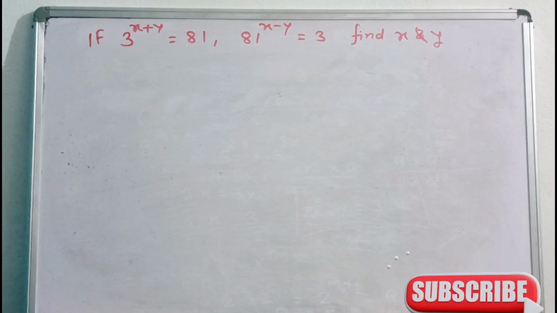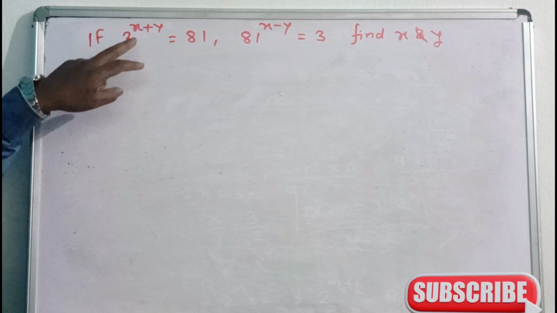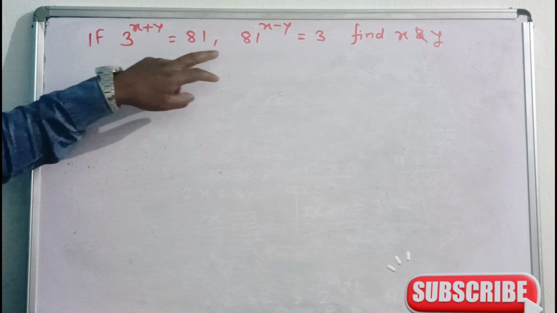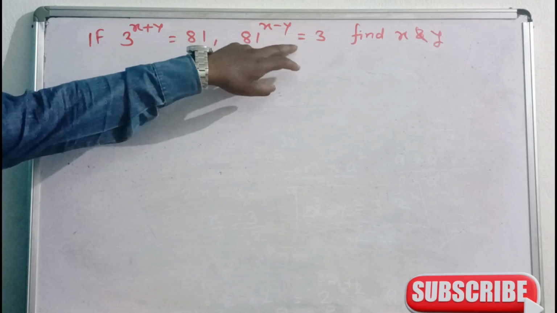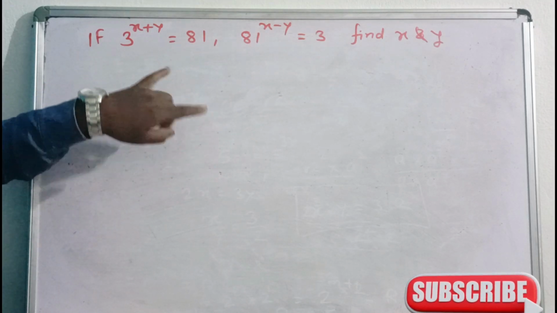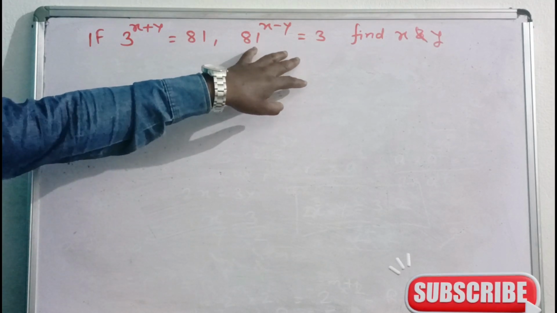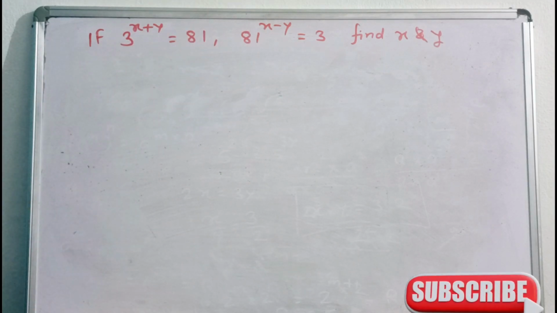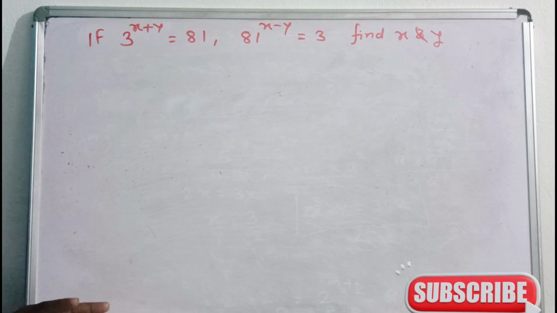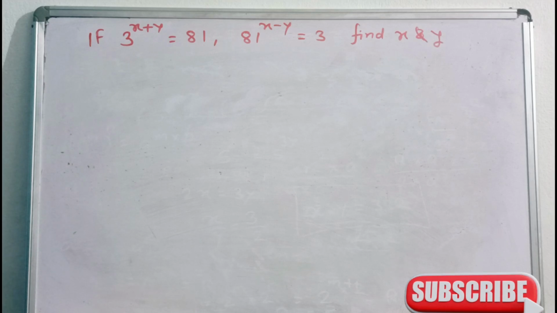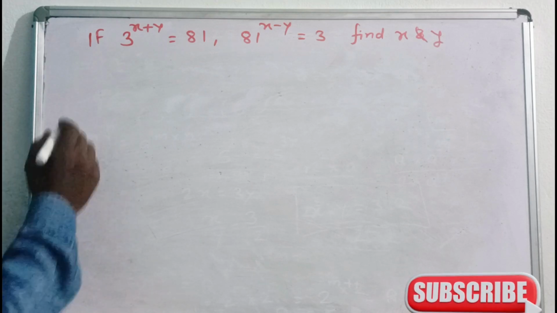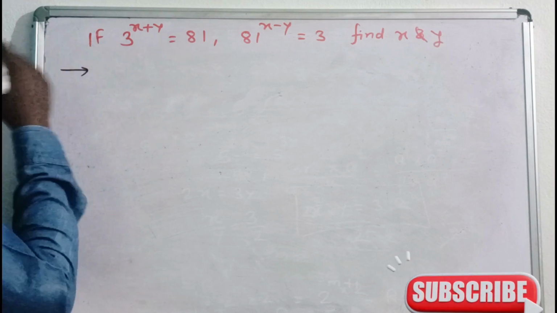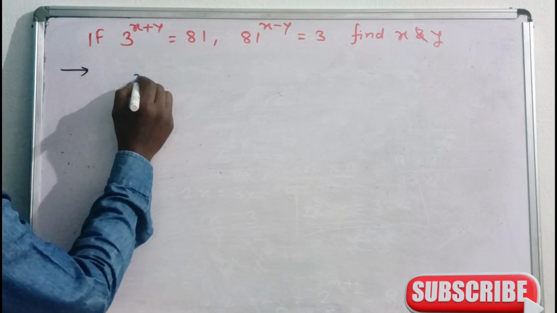Now see here, if 3 raised to the power x plus y is equal to 81 raised to the power x minus y is equal to 3, then find the x and y. These are two different equations, two unknowns, two different equations. एक अननोन है तो एक इक्वेशन से निकाला जाएगा, लेकिन 2 अगर अननोन है तो 2 डिफरेंट इक्वेशन आएंगे, साइमल्टेनियस इक्वेशन से हमें उसको सॉल्व करना पड़ेगा। देन फर्स्ट ऑफ ऑल टेक द फर्स्ट इक्वेशन, 3 raised to the power